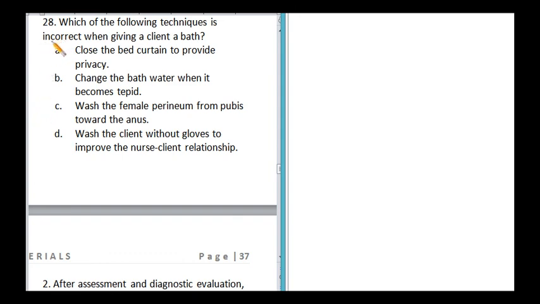So in this situation, we're looking for something that is incorrect. Answer, D. Why? Because you need to wear gloves to prevent transfer of microorganisms. So letter D increases the risk of infection. Therefore, the best answer here is D. Next,